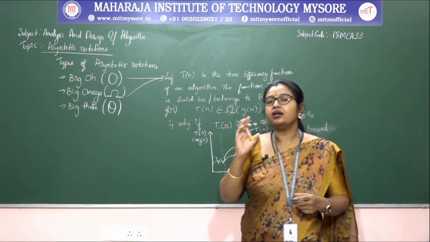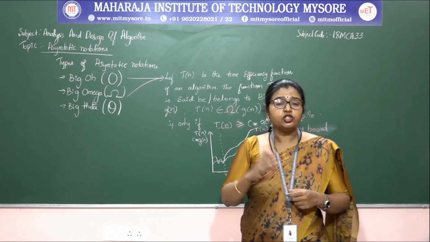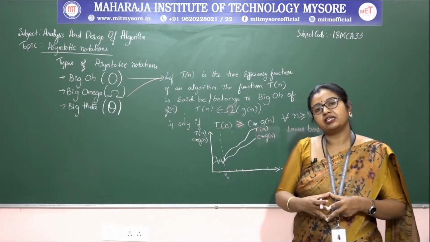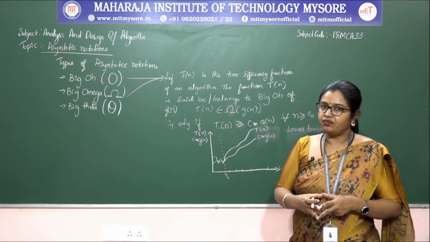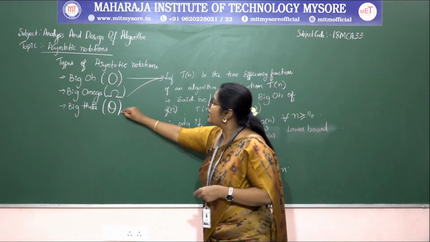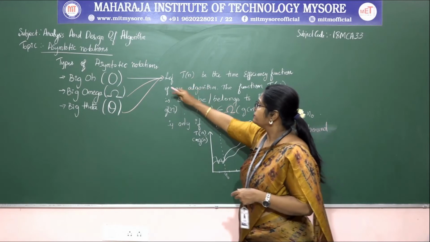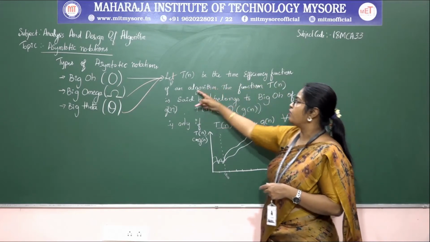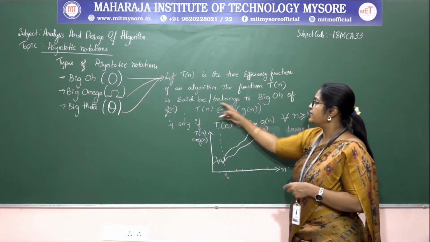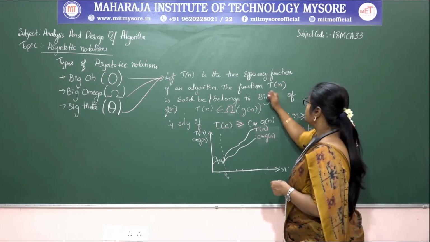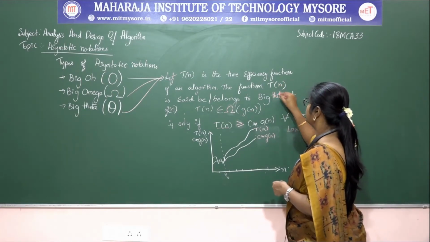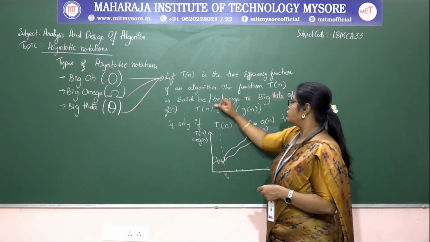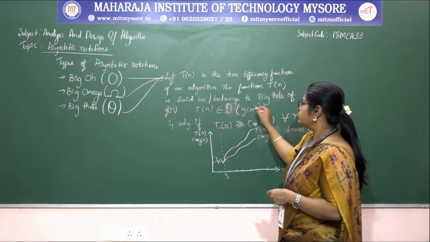That means that your time efficiency function is going to lie between two different functions. So algorithm efficiency can be represented, for the worst case efficiency, by the big theta notation. So let t of n be the time efficiency function of an algorithm. The function t of n is said to belong to big theta of g of n, denoted by t of n belongs to big theta of g of n,